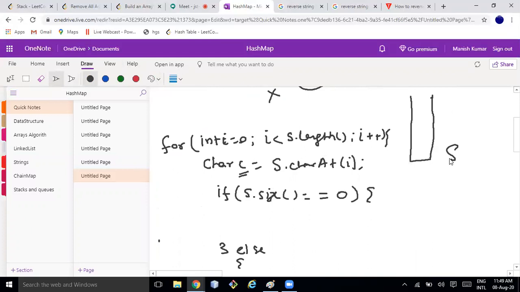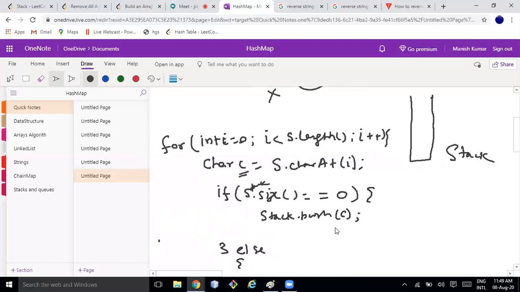S is fine, but here S also is a string, so let me write it as a stack so that it's clear. This is a stack. So if stack dot size is equal to 0, then directly you can do stack dot push whatever is there in C.